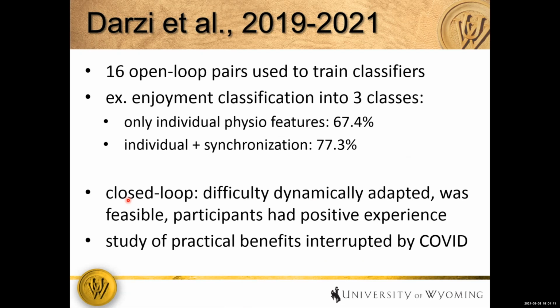And then, since Steve alluded to, is this good for anything? We said, okay, we're going to do a comparison study of whether it is actually practically beneficial to adapt difficulty in a competitive game based on physiological responses of both people and the synchronization. Is that more fun than doing it based on just the score in the game? We had planned to do that in summer of 2020. For some reason, the in-person experiments did not happen. It is unclear what issue there was there.